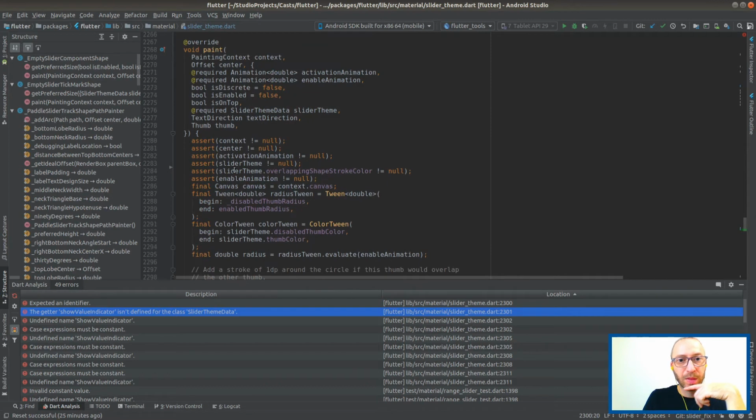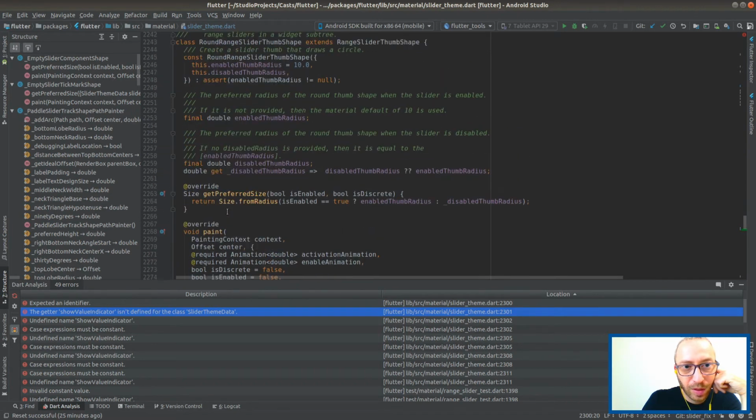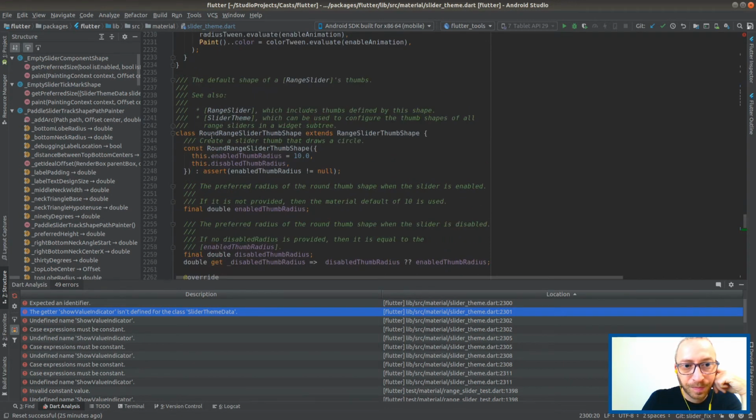How can you paint without having the value, you know? Like direction, there's the thumb. What are you painting over here? Round range slider thumb shape. Creates a slider and then draws a circle.